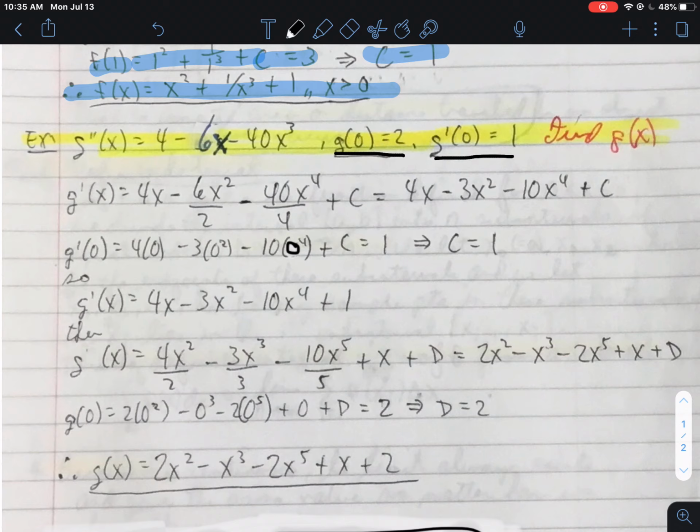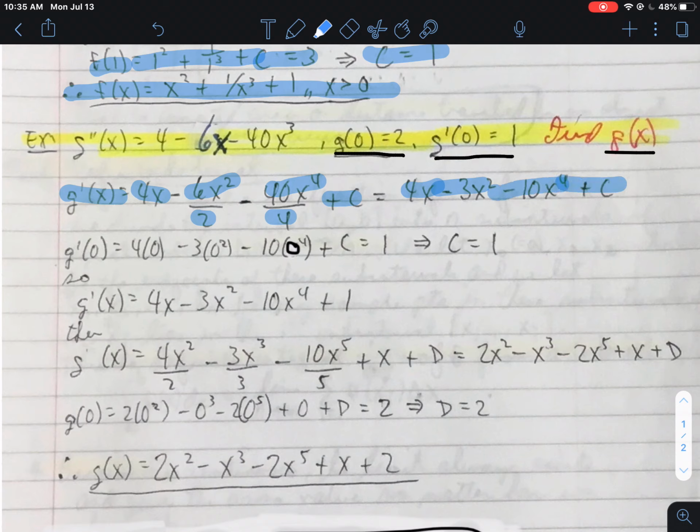All right, so in other words, I have to be given a specific condition at each step along the way if I'm going to eventually find the specific function. But otherwise, we're going to follow basically the same process. If g double prime is 4 minus 6x minus 40x cubed, then I start by finding the antiderivative of g double prime, which is g prime. And that's, again, straight power function, so 4x, 6x squared over 2, minus 40x to the fourth over 4, plus our arbitrary constant c, and then I just simplified it, so I got 4x